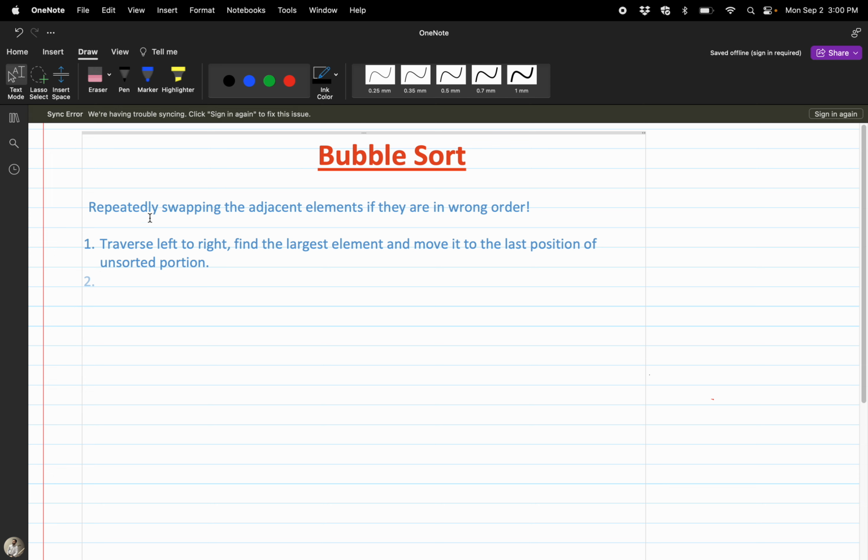Let me show you with an example what I mean by this. Let's suppose we have an array 6 0 5 4 and we want to sort it in ascending order using bubble sort. Our goal is to traverse from left to right, find the largest element and move it to the last position of an unsorted portion of an array. This whole array is unsorted portion in the beginning, and we have to move the largest element to the last